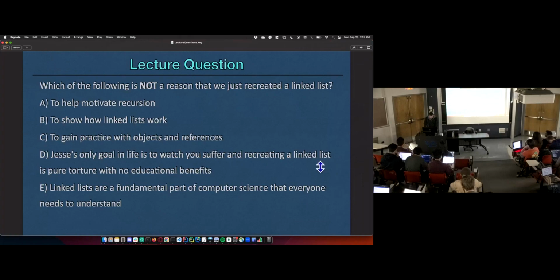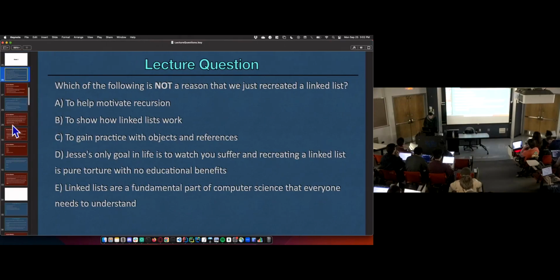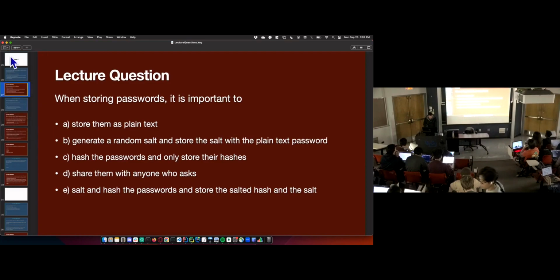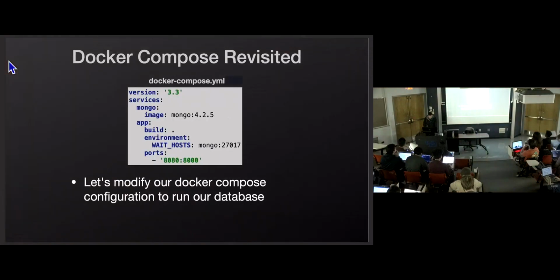Oh, actually, let me queue up the lecture question before I forget, before I have y'all answering about linked lists. Yeah, you get a preview. What's that? How would you motivate recursion? How do I motivate it? It's hard. Linked lists too. They're both hard to motivate. I just gotta tough it through. I like recursion, but man, it takes a long time to get an appreciation for it, and 116 students won't. So I feel like that should have been the answer. Maybe. Because the other one was like you're watching them suffer. I'm like technically. Maybe. Just technically.